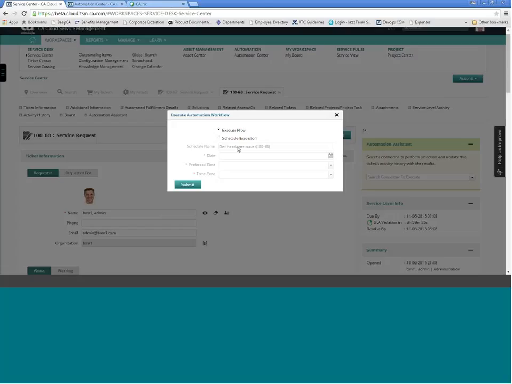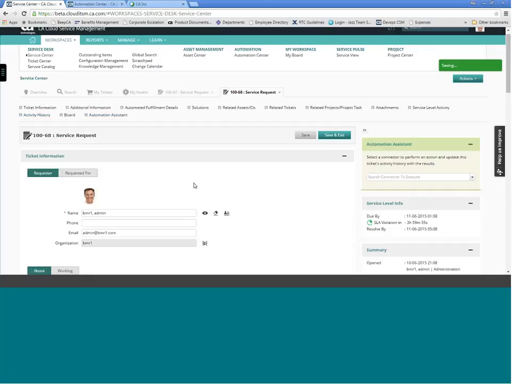So here it gives you two options, whether to execute now, or you can schedule this action at a later point in time. For example, this is just reading the asset data, but if you are applying a patch to a server in the midnight, that cannot be done during the regular daytime office hours. You can schedule that to midnight, and then you can just come back next morning and check the status. So I'm going to execute this right now, and then we can look at the status